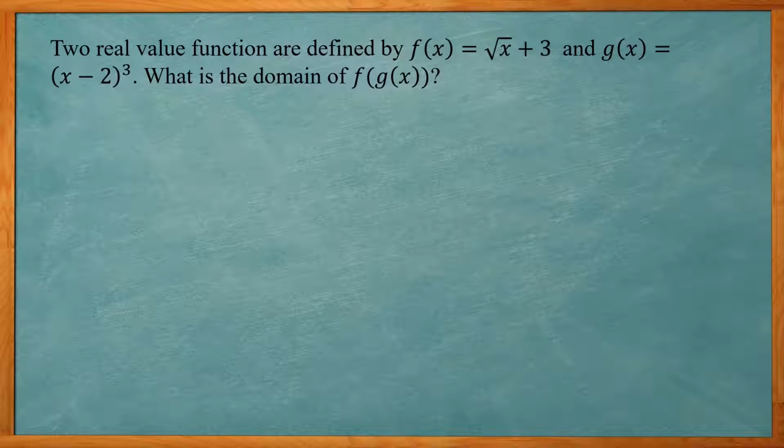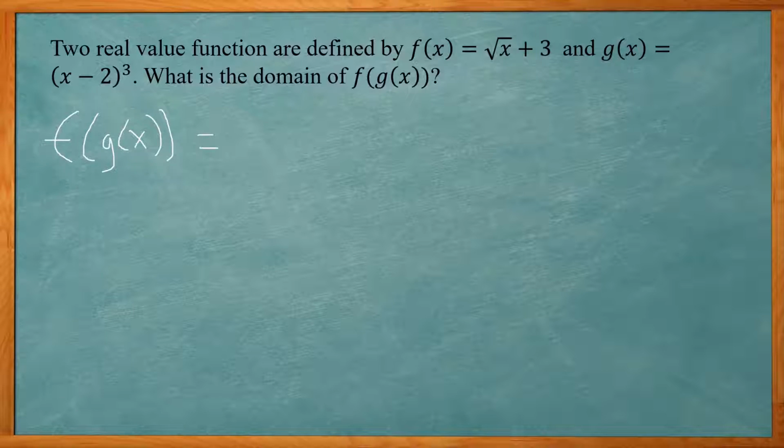So this is our example ACT problem. Two real value functions are defined by f of x equals square root of x plus 3, and g of x equals the quantity x minus 2 to the third power. What is the domain of f of g of x? So this involves function composition. We basically plug in the g of x function for x in the f of x function. So f of g of x